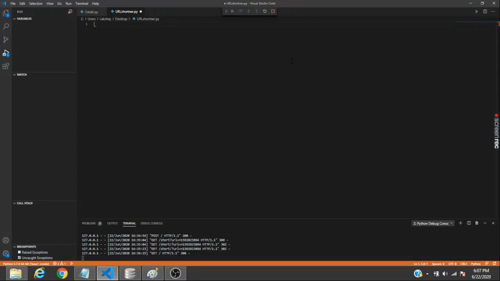I am on my Visual Studio Code, which is the free IDE that I use, and I have a file created called urlshortener.py. I'll start using the import commands to make the application. First of all, we need to import Flask, so from flask we'll import Flask,